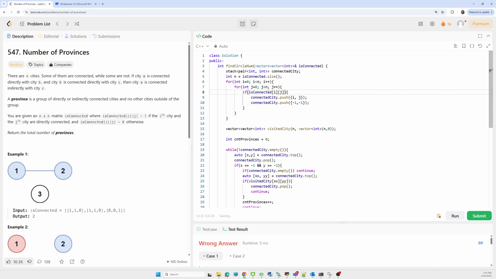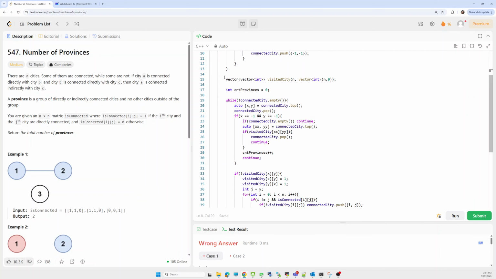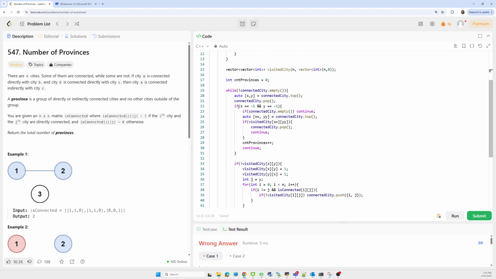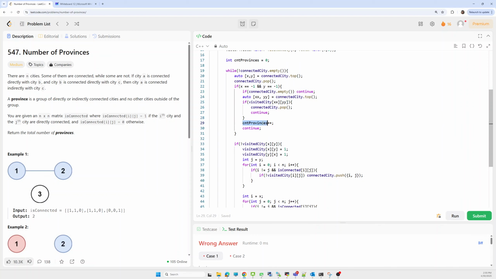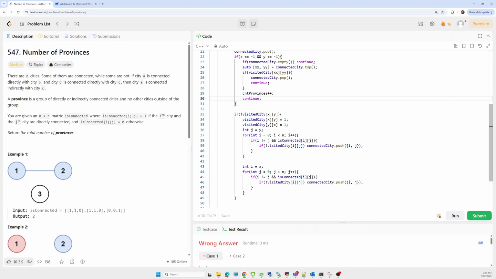So we just have to check whether I and j city is connected. If it is connected, then we have to push that city because it will maintain the count of each city, else check whether it is connected or not. Okay, if provenance is there, then x and y. If it is invalid, then we'll check the next city. If it is empty, then continue. If not empty, then check the next city. If the next city is connected, then we also need to continue: pop it out and continue. Else we'll need to update the provenance. If the city is connected,